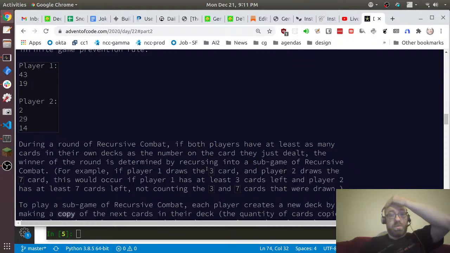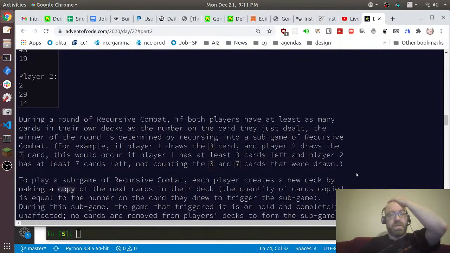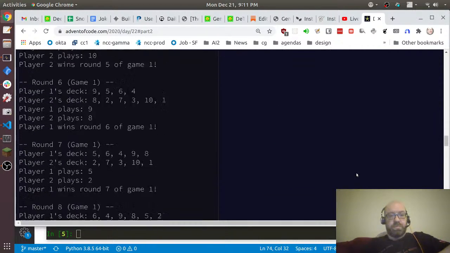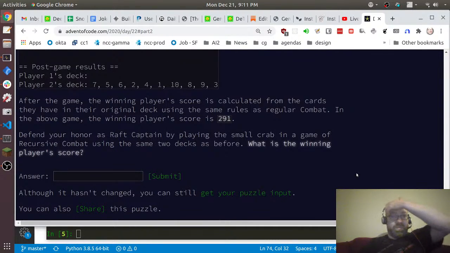At least as many cards in their own deck. If both players do, the winner of the round is determined by recursing into a sub-game of recursive combat. For example, if player 1 draws the 3 card and player 2 draws the 7 card, player 1 has at least 3 cards left, and player 2 has at least 7 cards left, not counting the 3 and 7 cards that were drawn. To play a sub-game, each player creates a new deck by making a copy of the next cards in their deck. The quantity of cards copied is equal to the number on the card they drew. During the sub-game, the game that triggered it is on hold and fully unaffected. No cards are removed from the players' decks. For example, if player 1 drew the 3 card, their deck in the sub-game would be copies of the next 3 cards in their deck. After the game,